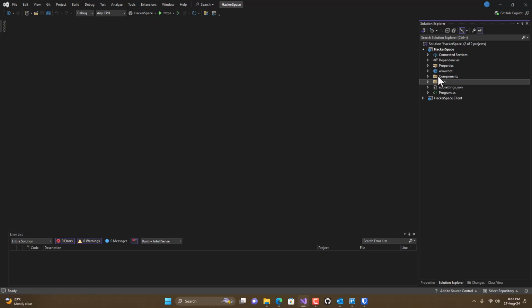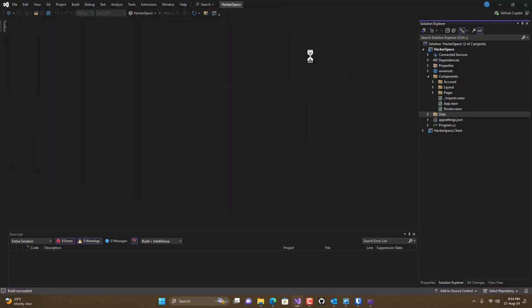The next folder up is our components, and this is where the front end of our application is presented. So I'm going to run the application at this point so we can see what it looks like, and then we'll have a better idea of what the pages look like when this runs. So we'll give it a second to spool up. So we see this